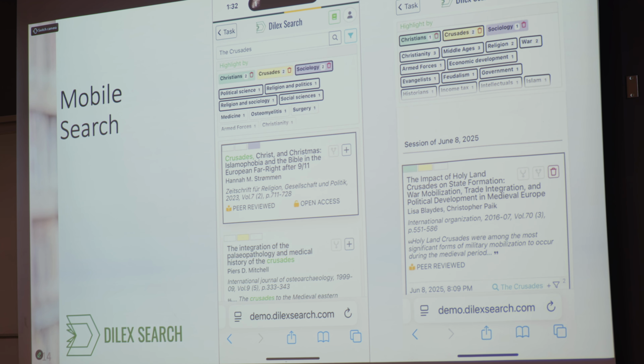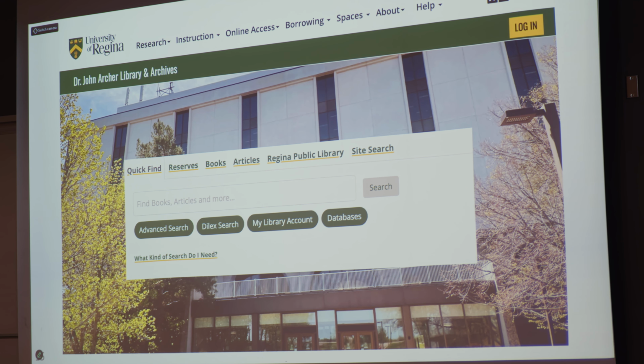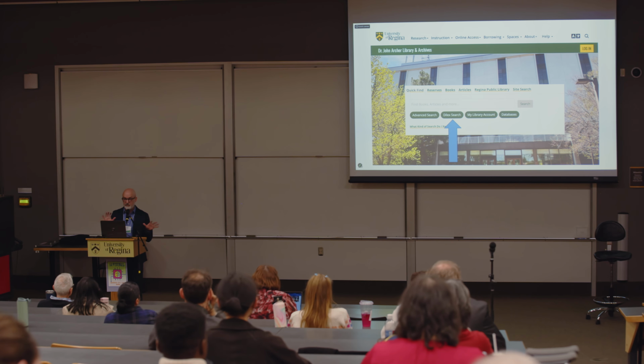So I'm flipping through these really fast because this is already available at our university's academic library. This little button that says dialect search, if you click on that, you can start using this today. So the question is, now that we have this framework for keeping track of all my different search activities, my search interests, and the history of me doing things,